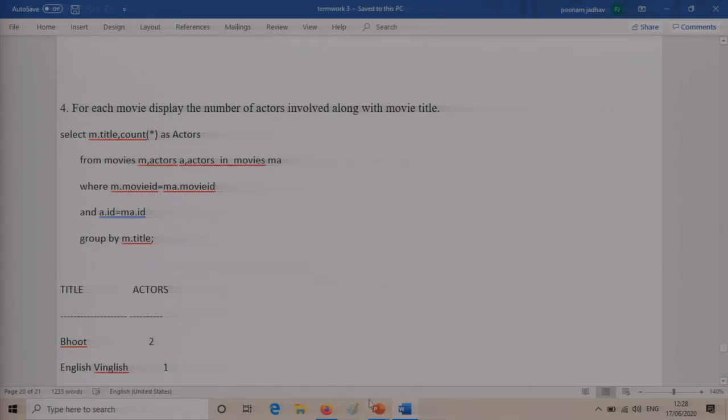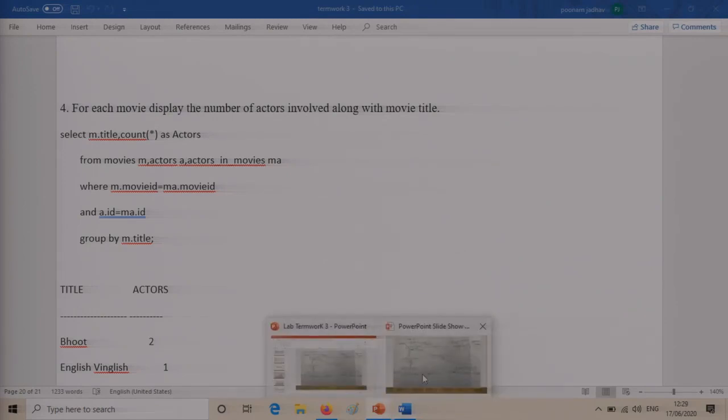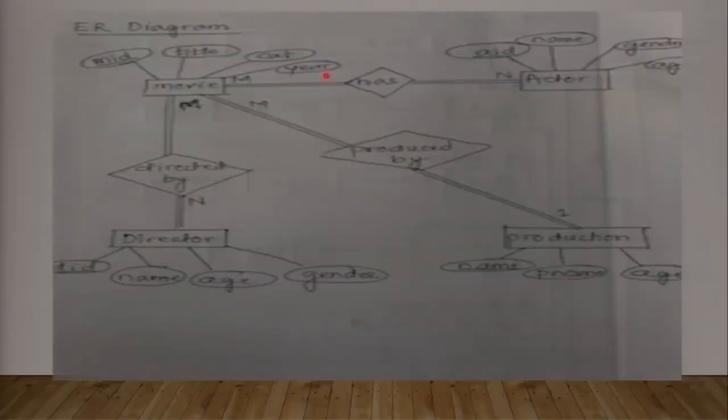I'll quickly take you to the statement here. You can see there are 2 tables involved, movie and actors. In movie and actors, what has to be done? You have to build the relationship. This is the same thing as earlier using the in-between table: primary key here, foreign key here, and foreign key in this relationship table and primary key in the movie table, you just build the relationship.